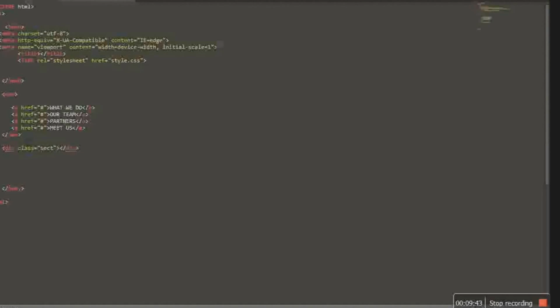Then let's duplicate it, 1, 2, 3, 4. Then this one should be subsection. Then it's sect. This one is subsection. And then it's sect.